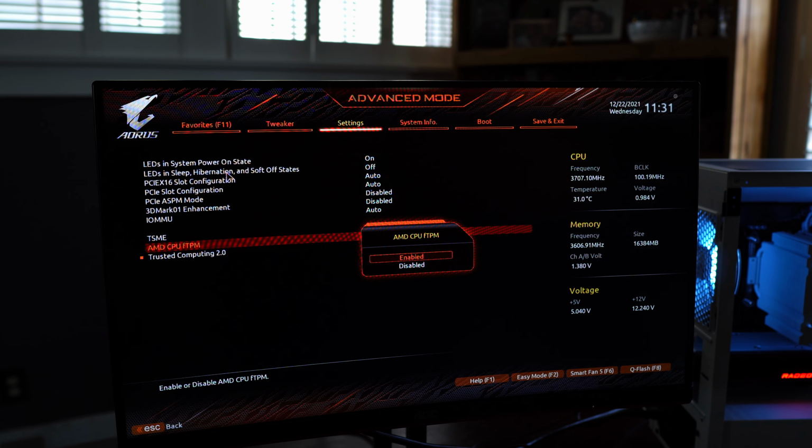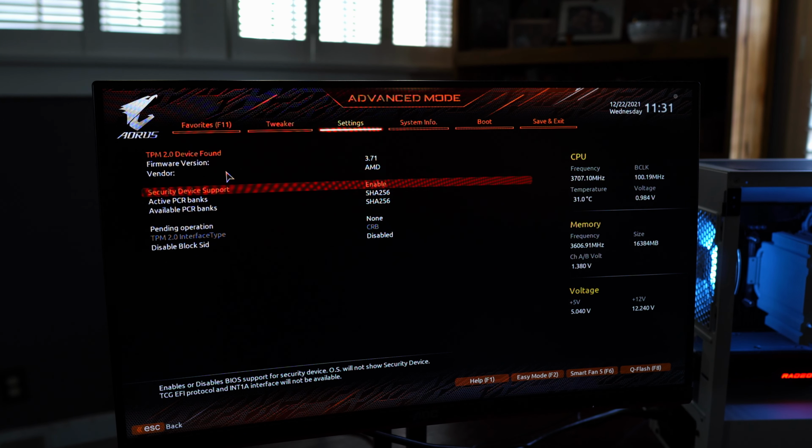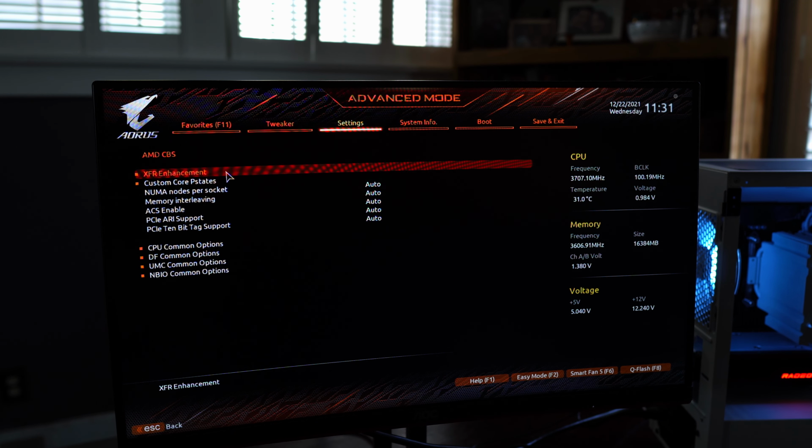It is auto-enabled as of the latest BIOS. Trusted Computing Platform 2.0 is what you need. So you want the latest BIOS on this motherboard if you're going to go to Windows 11. It will activate fTPM automatically, so you won't run into any issues trying to install Windows 11. Additionally, this motherboard has a physical TPM module header, so if you want to go that route, you can as well. Let's go here, AMD CBS,